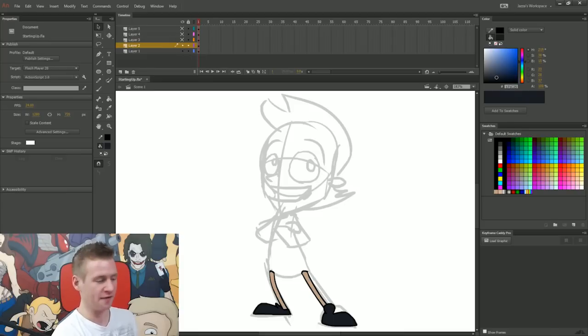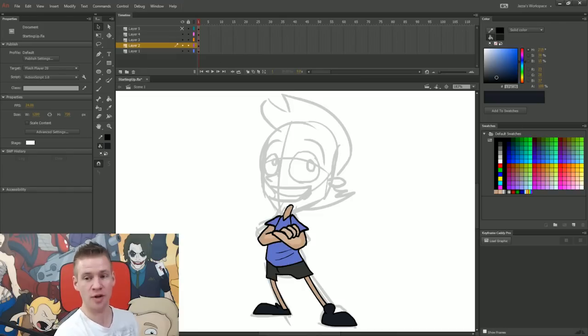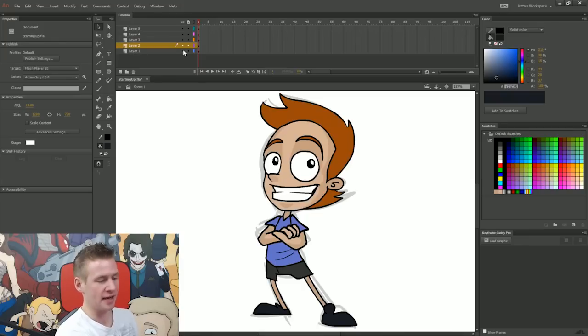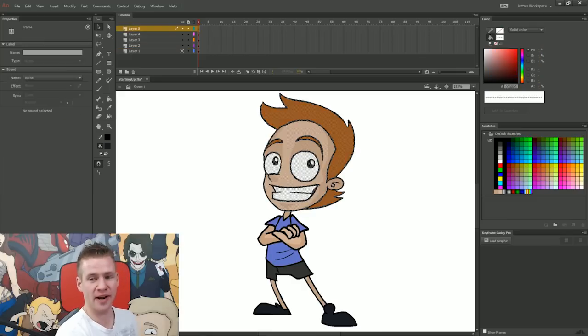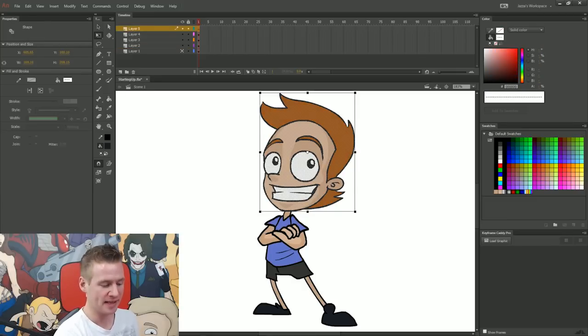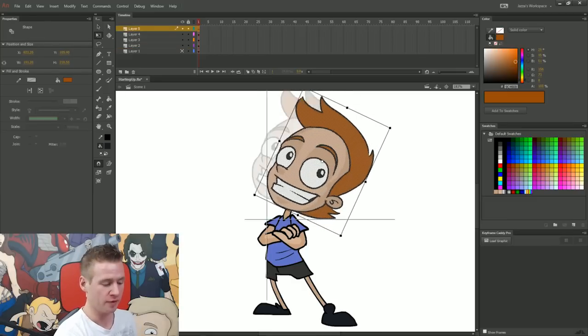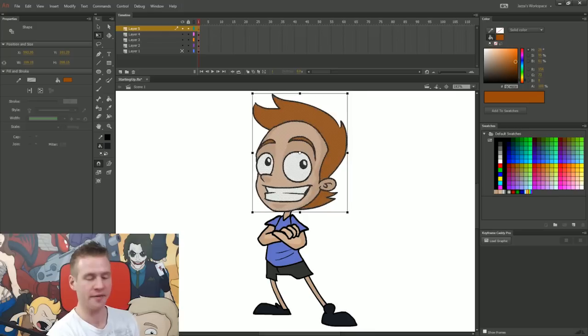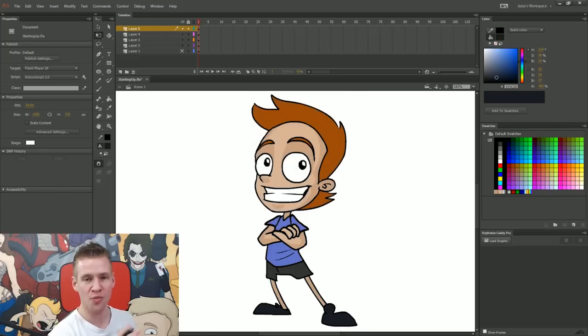One layer is the feet, which appears underneath the body, which has on top of that some arms, and then on top of that the head itself. And I can then go ahead and hide my rough sketch, and then we have our finished vector art. Now the reason it's great to have all of these in separate layers is it means now I can select the head and move it around, and it means that the art I've created is now much more ready to